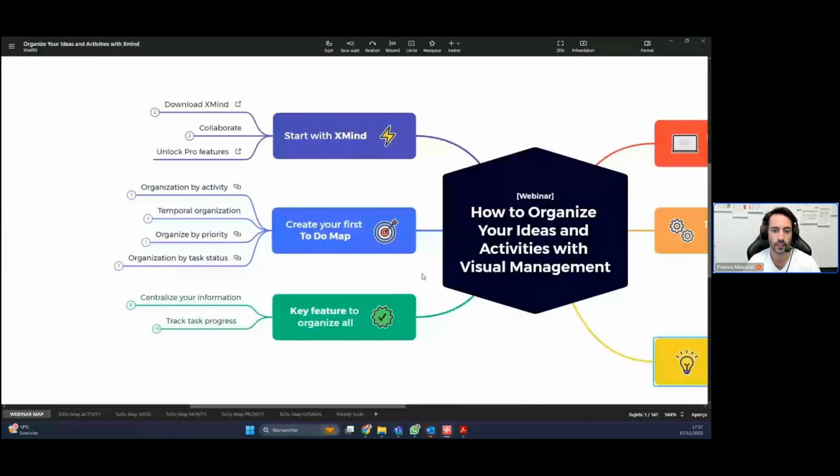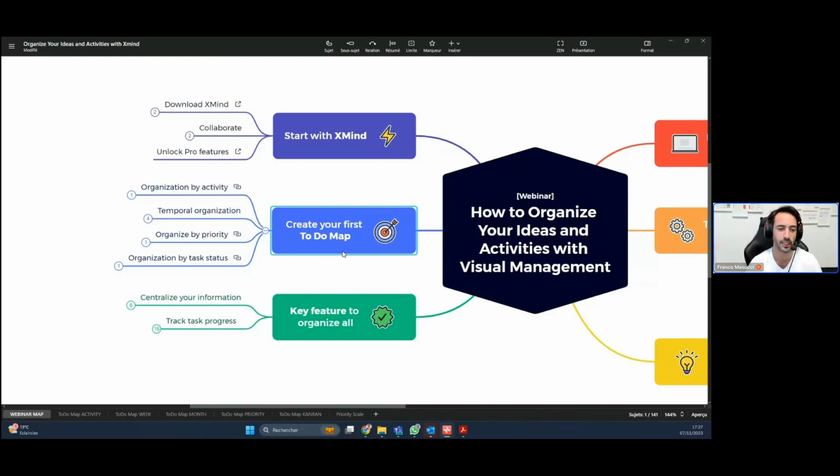One of the first things I want to show you is the features that Xmind has to do all the things I showed you very easily. Then I show you examples with several different to-do maps that you could use, and that could also be templates if you want to start with my maps